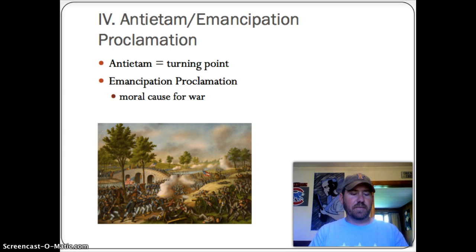Also, the Emancipation Proclamation is a turning point during the war as well because it gave the North and Europe, to a certain extent, a moral cause for the war. Obviously, Lincoln comes out with the Emancipation Proclamation and frees slaves in the South. Now, he doesn't have any legal basis to do it, and the Emancipation Proclamation actually doesn't free any slaves because it's hard to free slaves in a place that you don't control, which is what the South is at this time. But it really rallies the war effort in the North